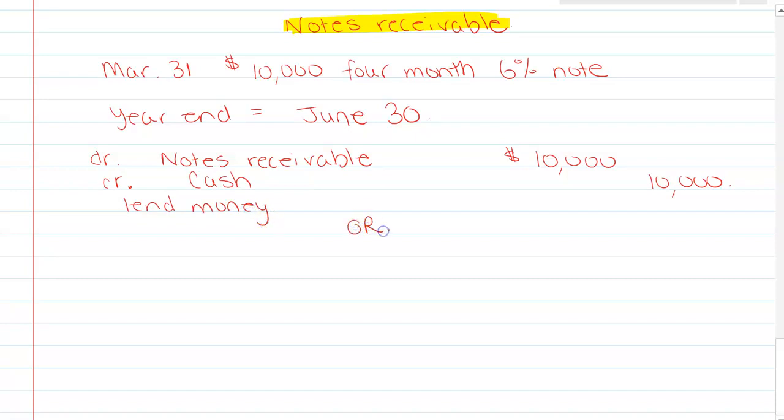Or another way that this could happen is we could pretend that we sold some product to a customer and they were put into our accounts receivable, and then for whatever reason they weren't able to pay their accounts receivable. So instead of writing them out, you can agree with each party to turn this into a note and then start charging them interest, and then maybe having a different payment plan come up. So in that case, I would still have my notes receivable